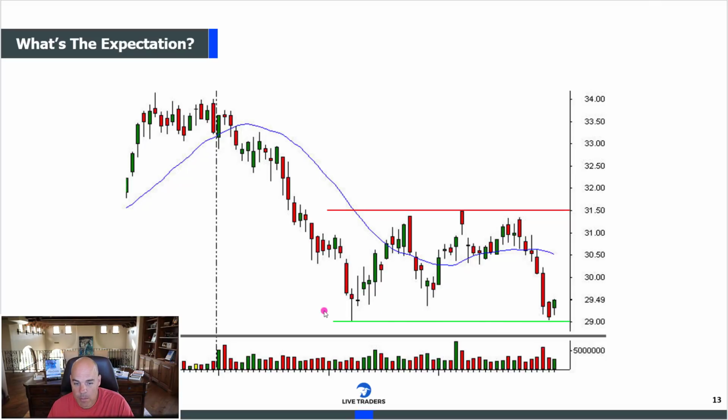And if we look here, we have a bottoming tail and a bottoming tail, double bottom retest. Okay, that's positive. It is. That's a positive thing because it's a higher low technically. You could argue it put in a slightly higher high and then a higher low, but then it put in 1, 2, 3, 4, 5, 6 red bars. You could say it's weak because it put in a higher low and a lower high and then 6 red bars. Or you could say it put in 6 red bars, 2 of which were pretty wide range bars,